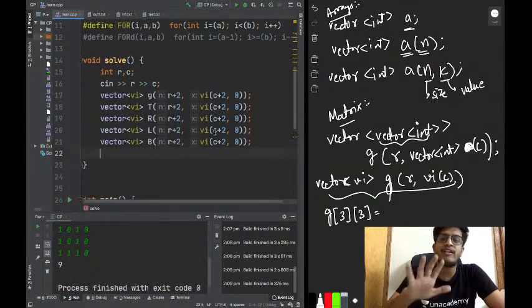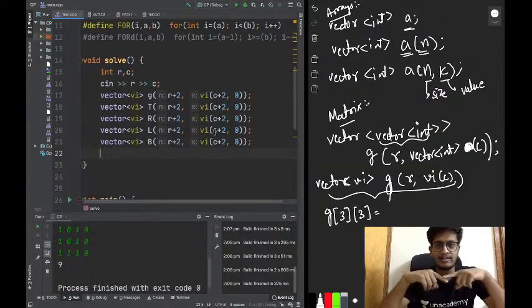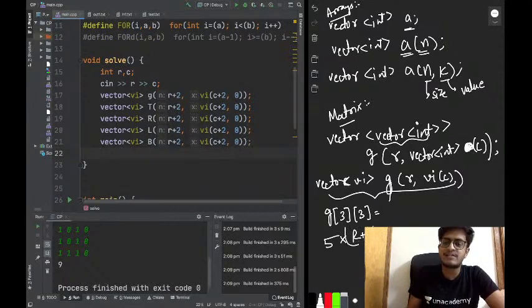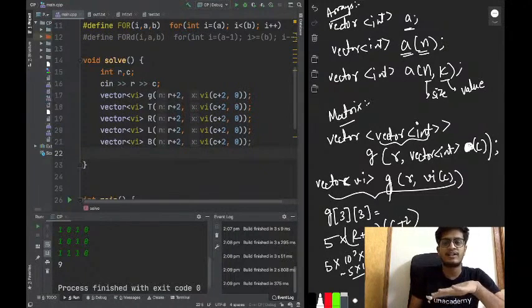So we have 5 matrices, one the original grid and the remaining 4 representing the t values, l values, and so on, of size rows plus 2 times maximum column plus 2. This is allowed. This plus 2 is negligible in front of 1000, right? R can be up to 1000. So this is 5 times 10 to the power 6, and 5 times 10 to the power 7 is allowed.